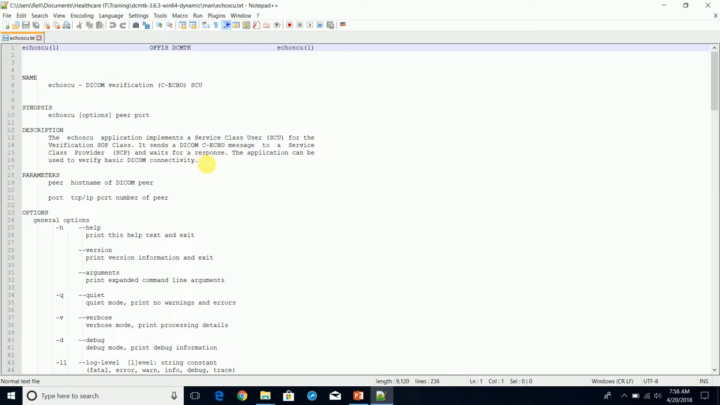So it sends a DICOM C-echo message, which is part of the DICOM standard, to a service class provider and waits for a response. The application can be used to verify basic DICOM connectivity. So what this does is just verify that